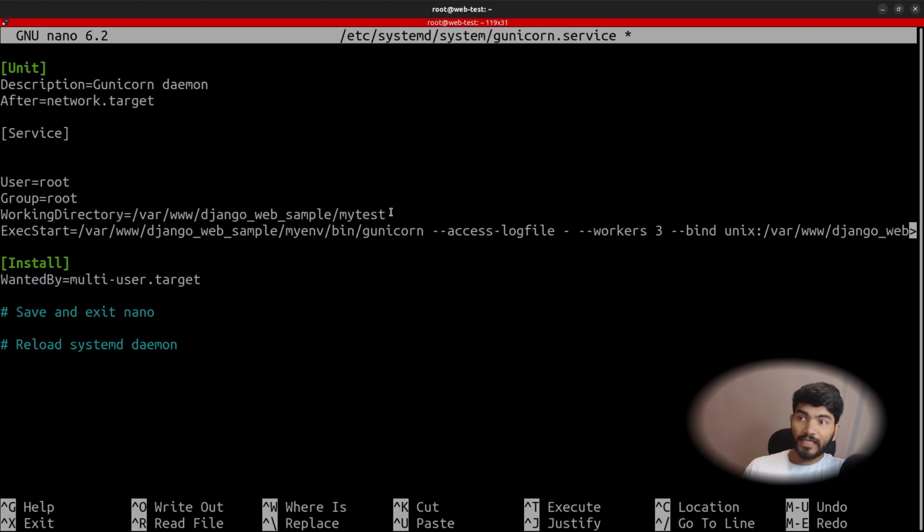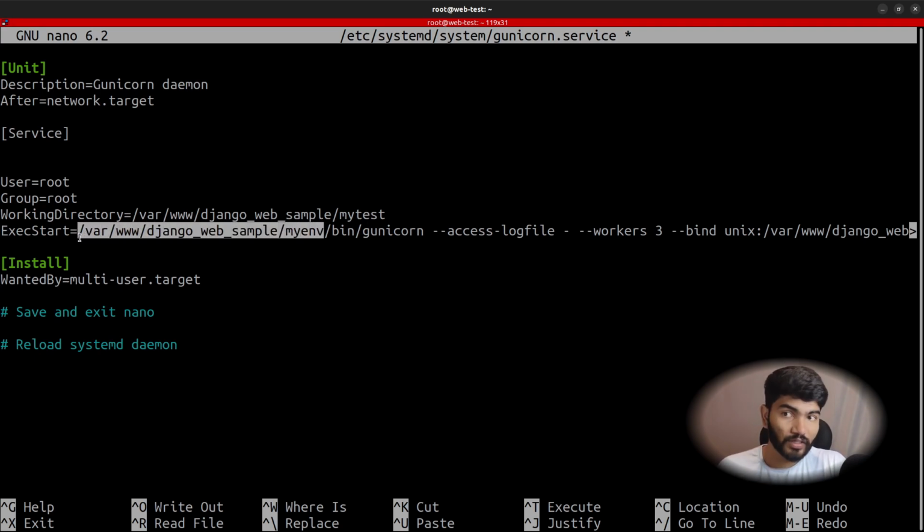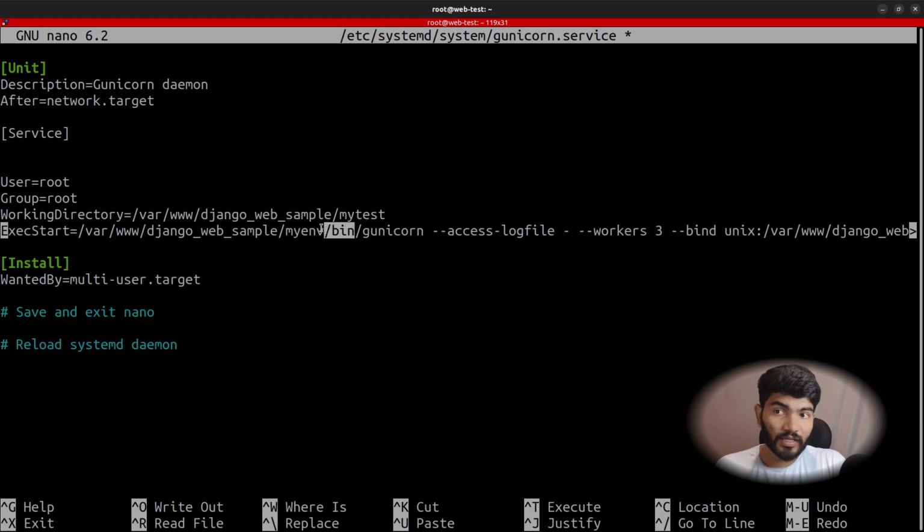Next thing, ExecStart. Here we need to give the path of Gunicorn. If you remember, we have installed Gunicorn using pip in the virtual environment. That's why we need to give the full path of the env folder that we created earlier, then bin and gunicorn. Inside bin, Gunicorn will be installed right there. Then there is an access log file we need to pass, then how many workers we need to set, and then there is a